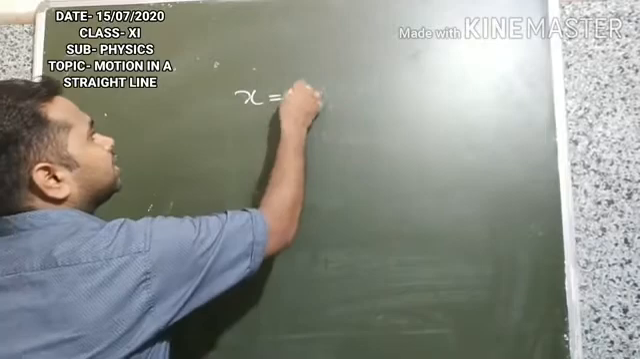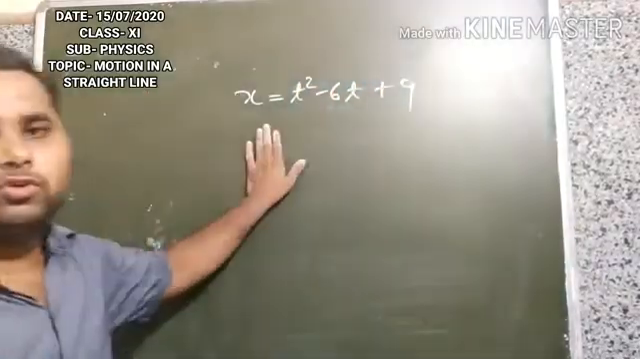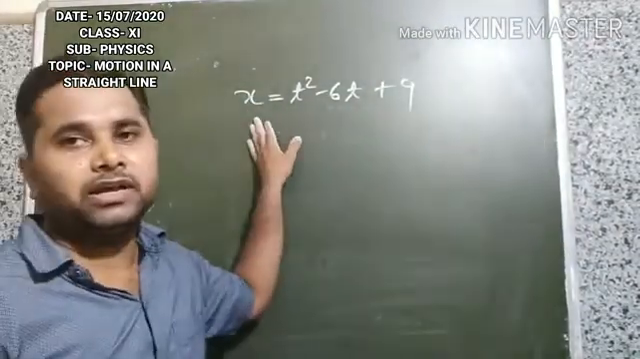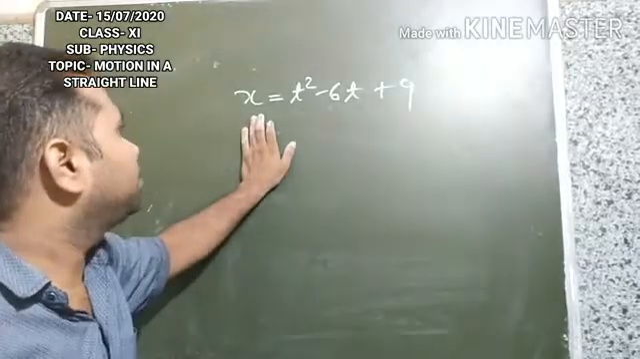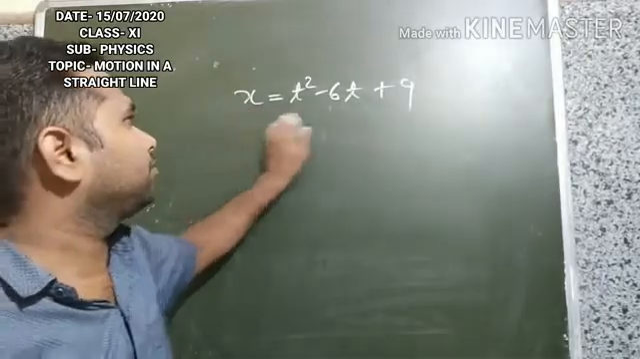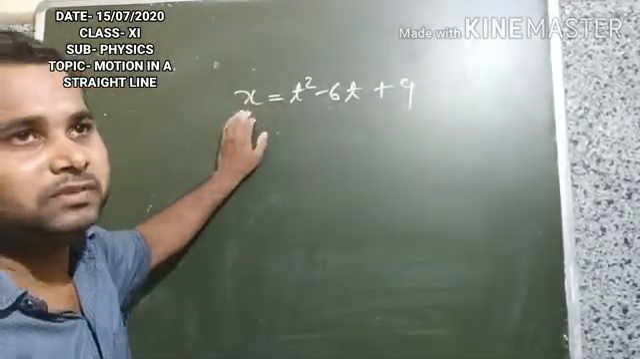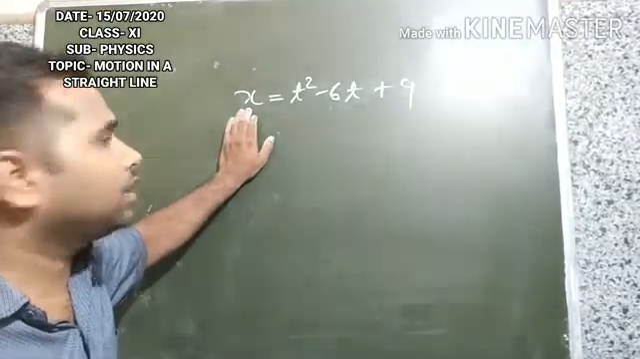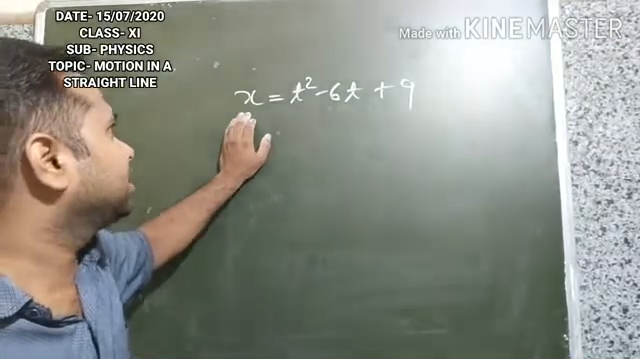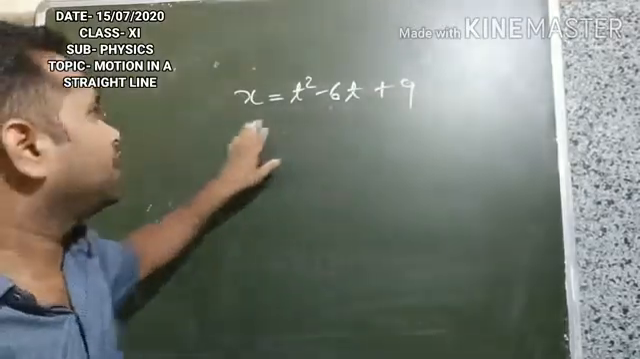x equals t square minus 6t plus 9. See the question. The displacement relation of a particle moving in one dimensional motion under a constant force is given by x equals t square minus 6t plus 9. So we have to find here